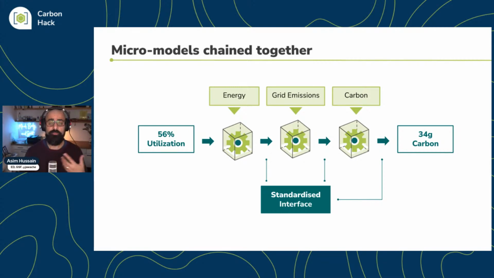And again, for carbon, we've built in models to take all that data and generate carbon according to the Software Carbon Intensity specification, which is a standard that's been built inside the Green Software Foundation. You may want to use the GHG Protocol. You may want to use another one. It's up to you. Breaking things out into smaller micro models allows you to cherry pick and get just the calculation that you need for your software component. And how we've done that is by standardizing the interface, which is how you create an ecosystem where everything works together.